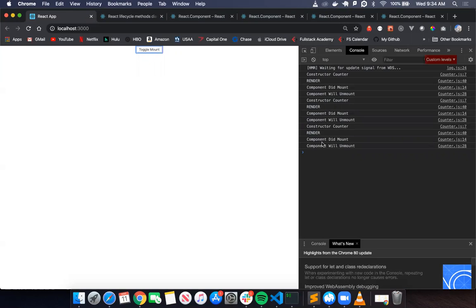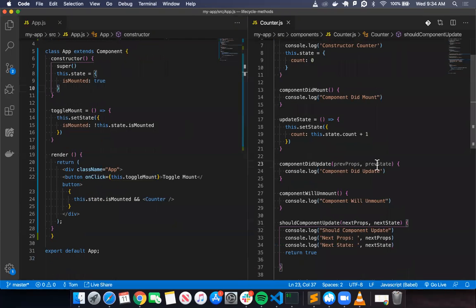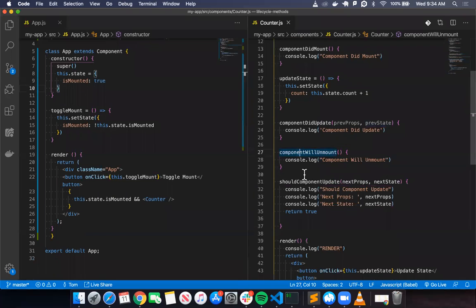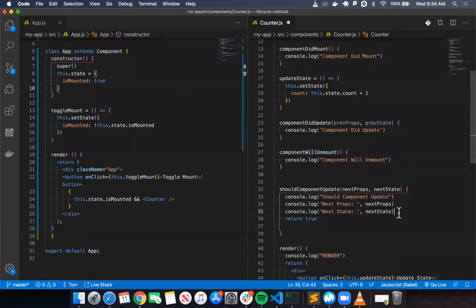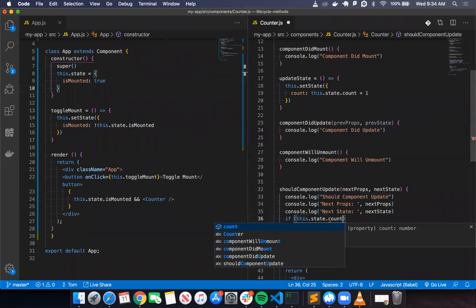So component will unmount, and constructor. So we've got previous state. Oh wait, component will unmount. There we go. So in here you can do some logic like if this.state.count